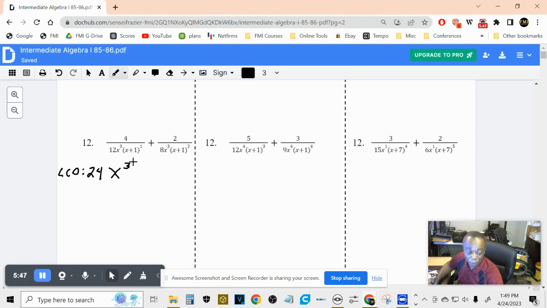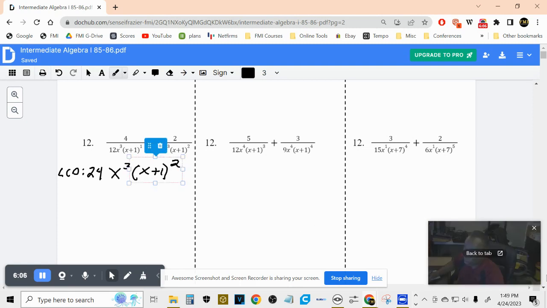Okay, now we have x plus 1's. I have one of them here, and I have two there. The greatest amount is over here. There's two there, so we use 2 of the x plus 1's. I don't know why I said minus. So x plus 1, and we use 2. And that's how you find your least common denominator for